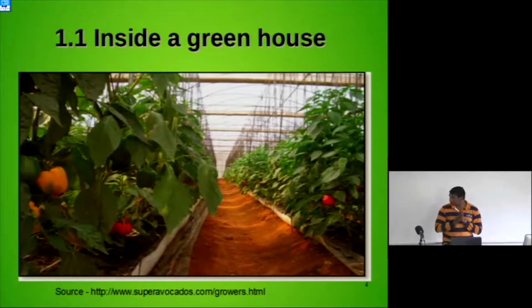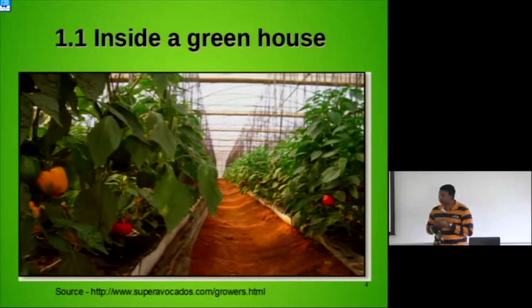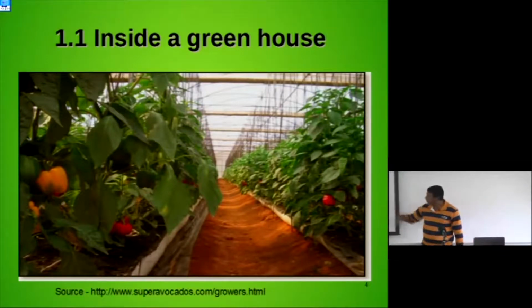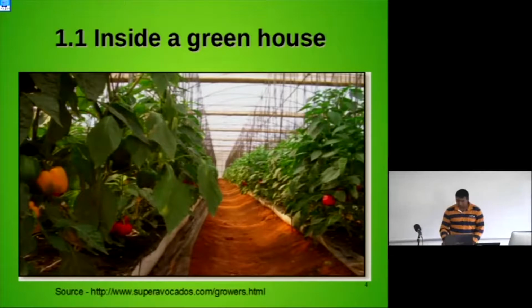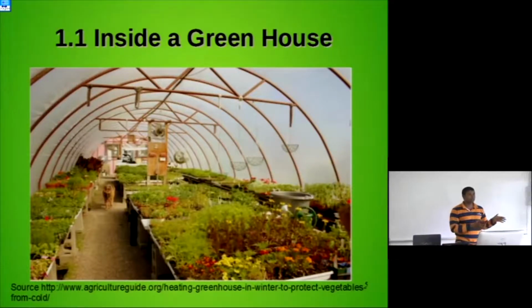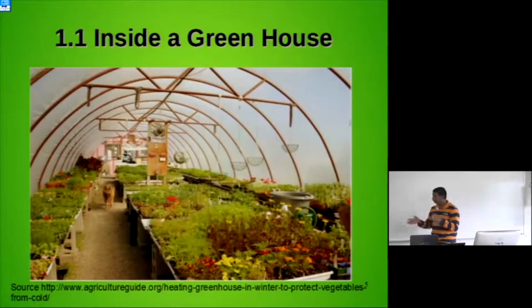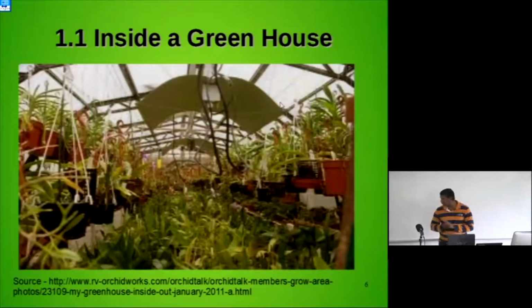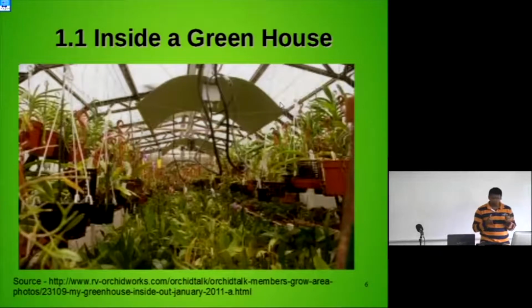Okay. So if we go inside the greenhouse, we can see very many things. Plants. Like a greenhouse here, you can see plants, and it's quite a big greenhouse. In this greenhouse, it's quite a small greenhouse. You can see racks, you can see small plants, but this is a very inhomogeneous system. The greenhouse is a very inhomogeneous system. It can be different. It can have different things. So there's a dog also. So greenhouses are very inhomogeneous. So we have to compensate for this